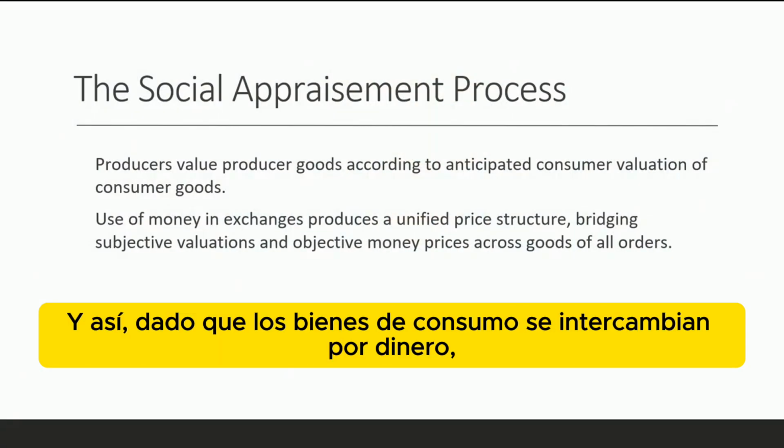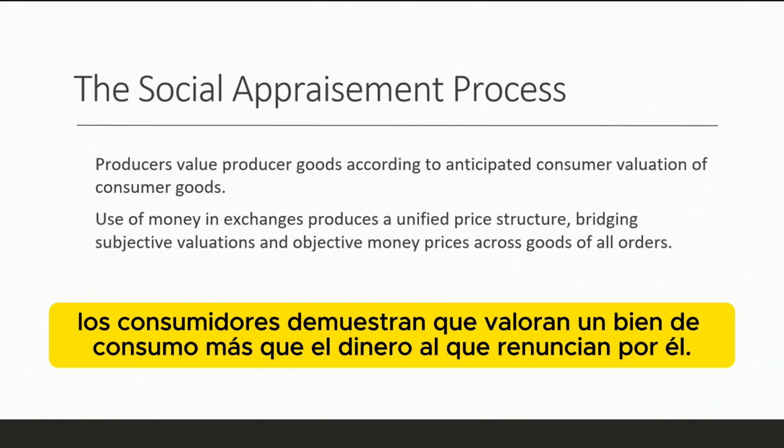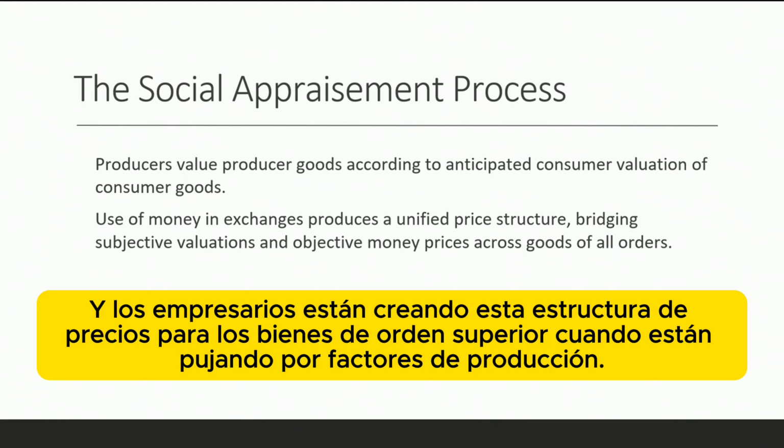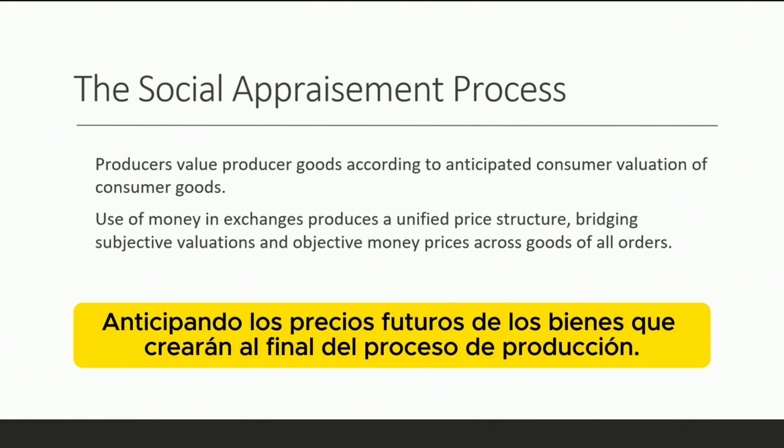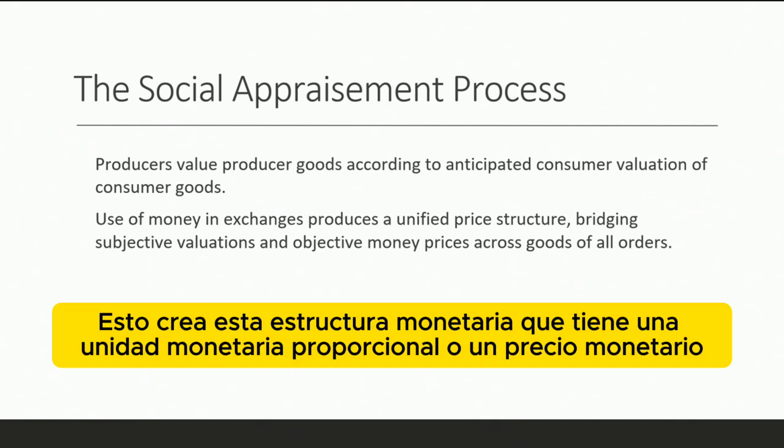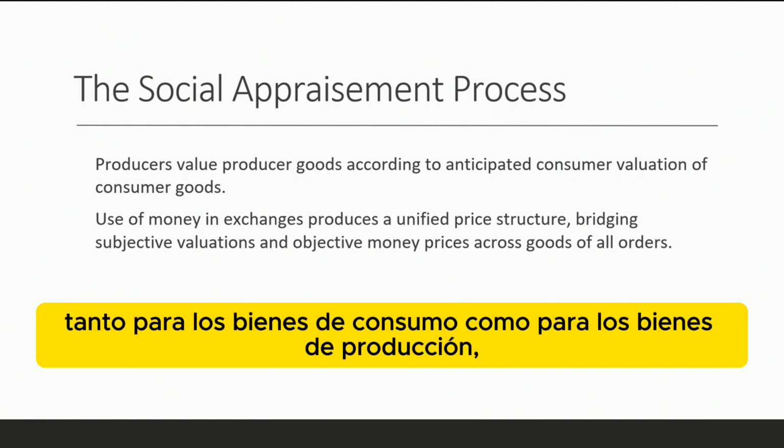And so since consumer goods are exchanged for money, consumers demonstrate they value a consumer good more than the money they give up for it. And entrepreneurs are creating this price structure for the higher order goods when they're bidding for factors of production in anticipation of the future prices of goods that they will create at the end of the production process. This creates this monetary structure that has a commensurate money unit or monetary price for both consumer goods and producer